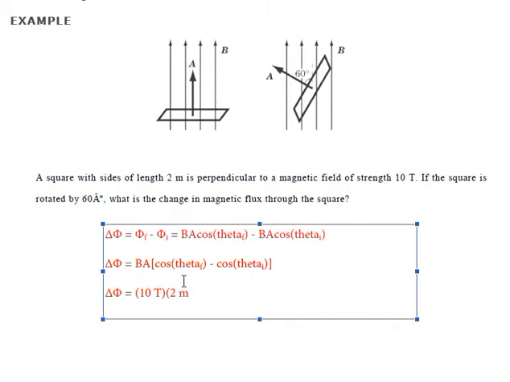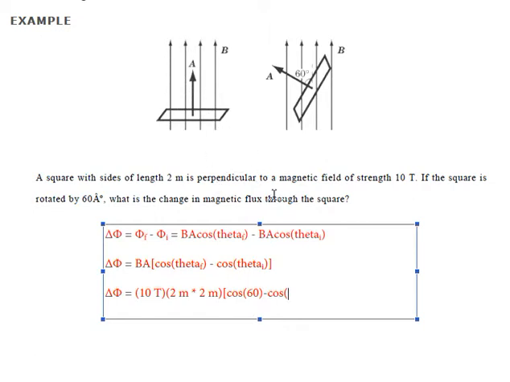So we'd have 2 meters times 2 meters. And we'll multiply that by cosine theta F, which is 60 degrees. So cosine 60 minus cosine, the angle between A and B